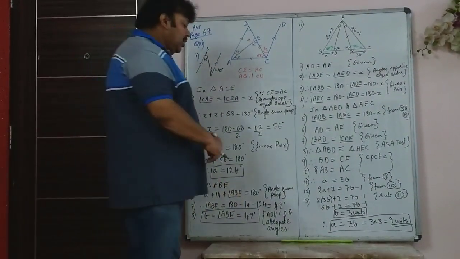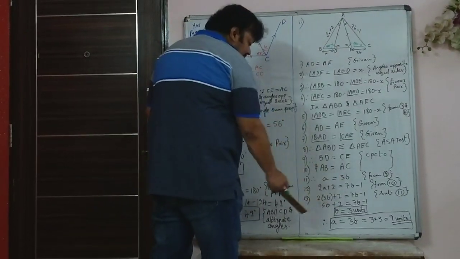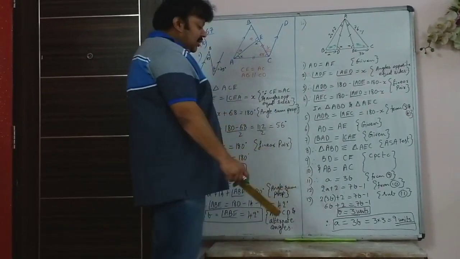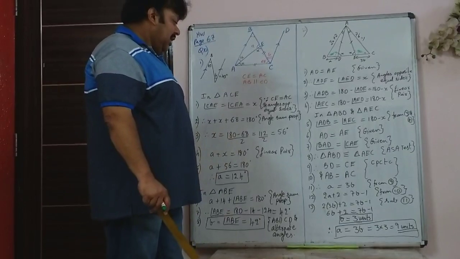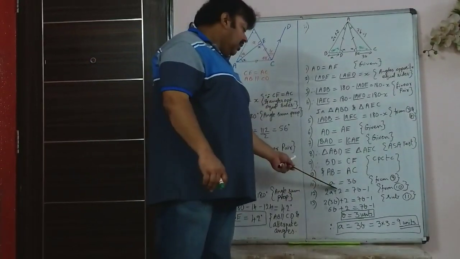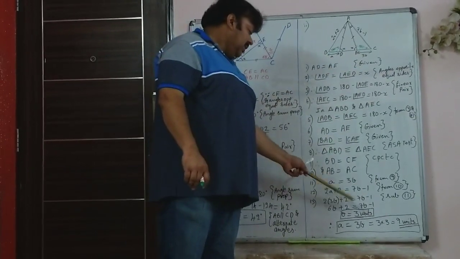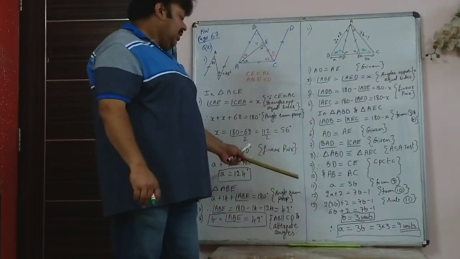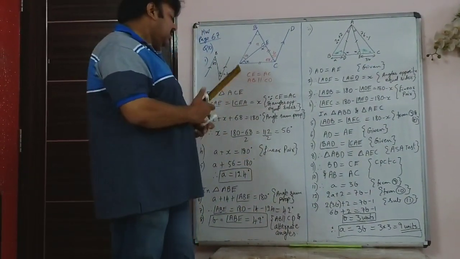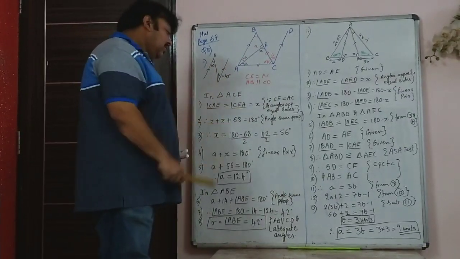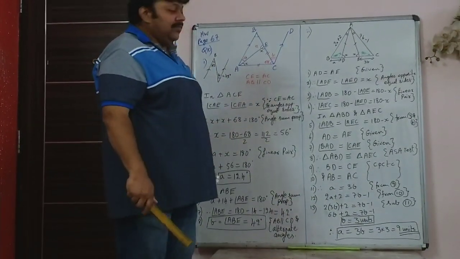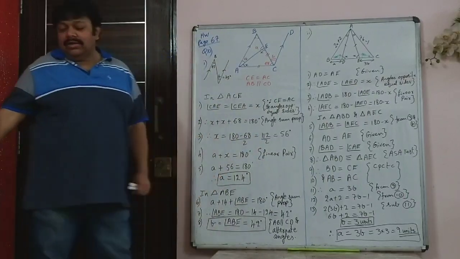So once you got B, A is 3 times B, so it is 3 into 3 or 9 units. You've already got in step number A that A is equal to 3B. So since B is 3, therefore you will get 3 into 3, that is 9 units. That's how you solve that sum. You can solve the second part that way.